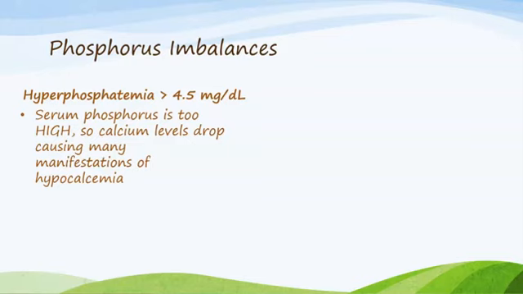Most of the time when we talk about an elevated phosphorus level, what we're going to see is that the patient is usually going to show signs and symptoms that we associate with a decreased calcium level, and that's because of the inverse relationship. So you actually already know the assessment findings that you're going to see in a patient with hyperphosphatemia if you understand the assessment findings I would see in a patient with hypocalcemia. The most common sign that's going to be present is tetany. And the tetany is occurring because of the drop in the calcium